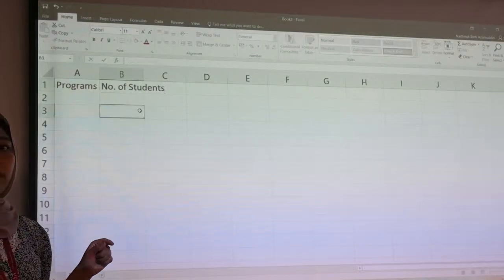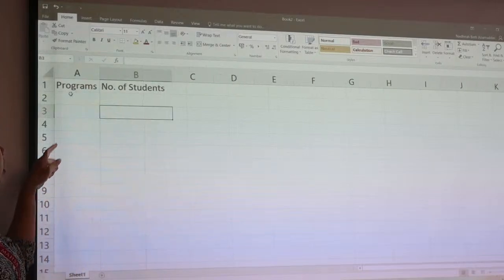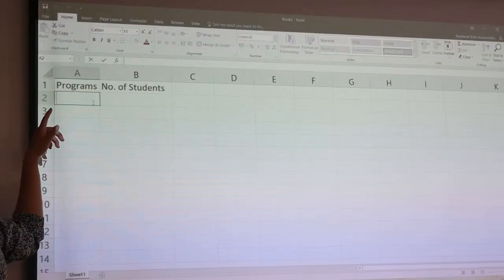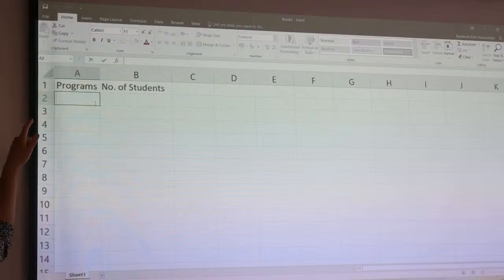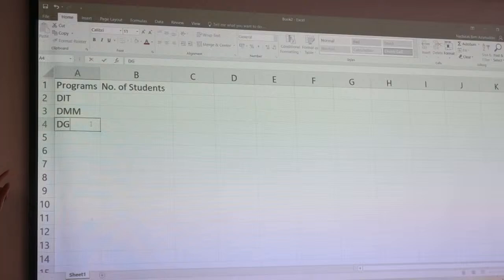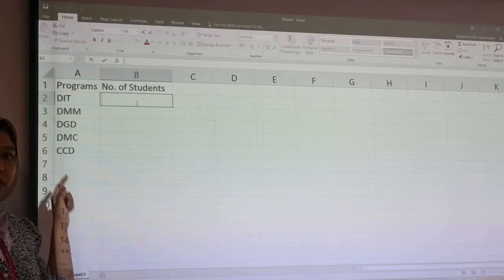Okay, now in Masa Avenue International College, we have 2 different schools. But right now, we are going to list out the programs in SOCMT, School of Creative Media and Technology. So we have DIT, and we have DMM, DGD, DMC, and also CCD. So we have 6 different programs under School of Creative